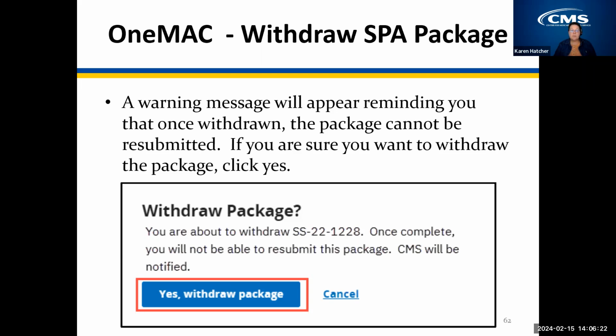If the SPA pages are going to be submitted as part of a new SPA, that new SPA would need to be submitted by the end of the quarter to protect the original submission date. When I refer to the SPA needing to be submitted by the end of the quarter to protect your original submission date, that means the SPA will need to be submitted by the end of the quarter that the original SPA was submitted in order to protect a retrospective effective date.